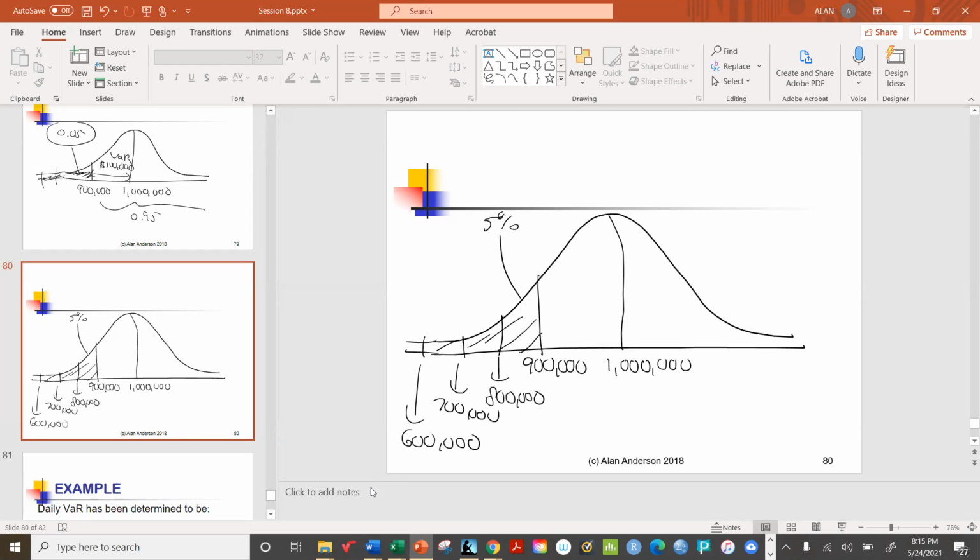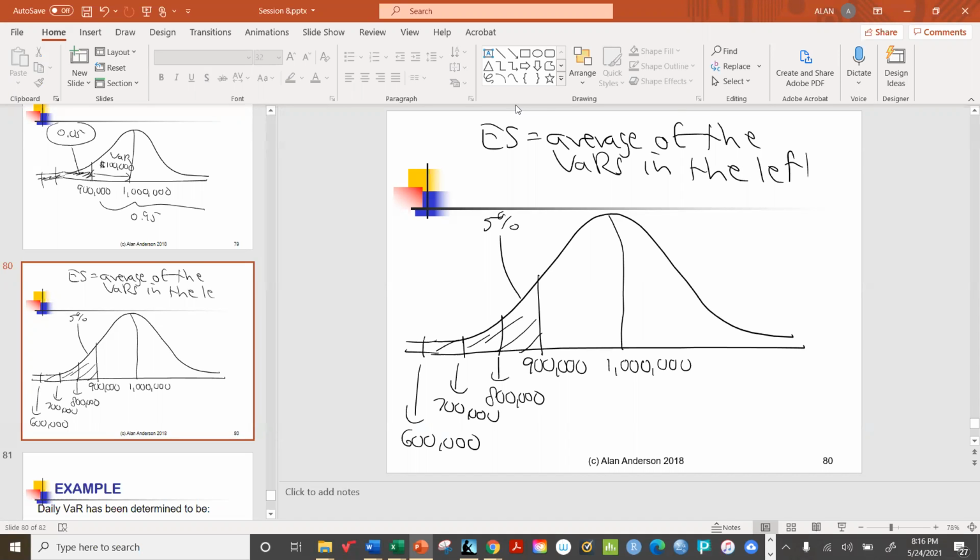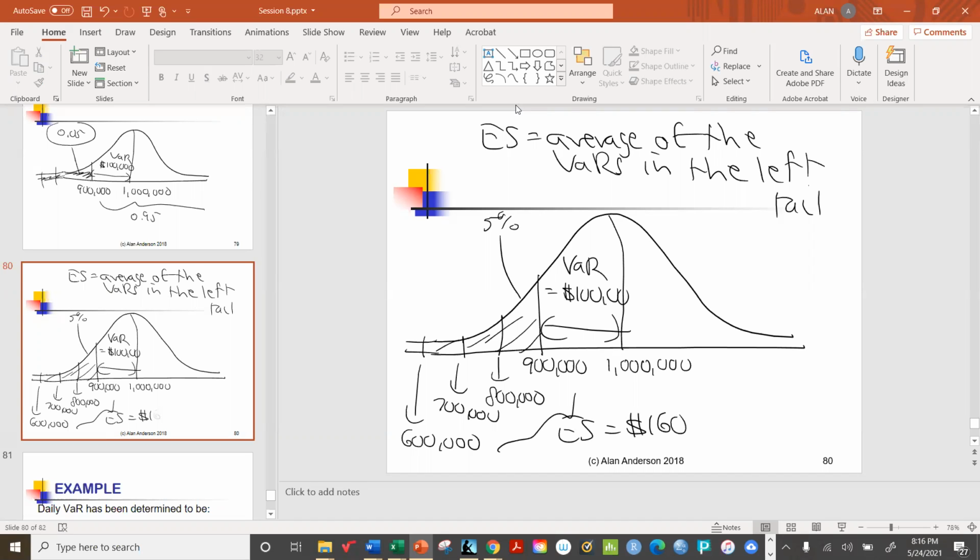With the expected shortfall, what we're seeing is the average of the values at risk in the left tail. So let's say that this is my VAR. If I average all these out, my expected shortfall might be, for example, 160,000, which means that